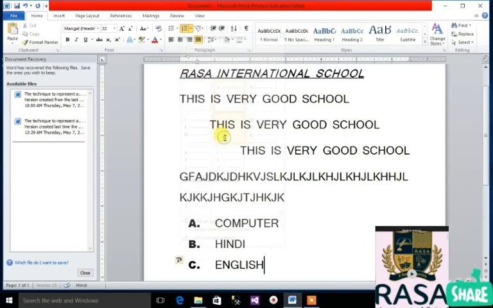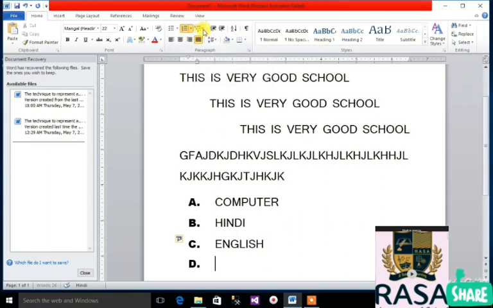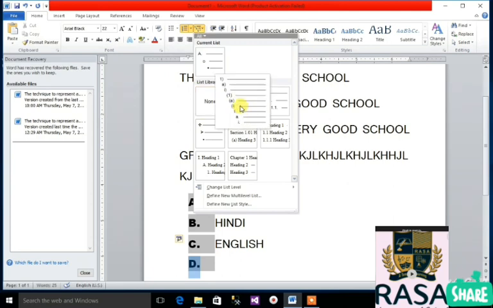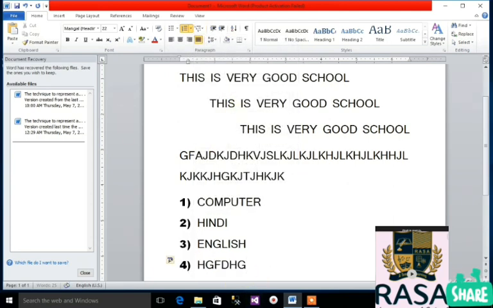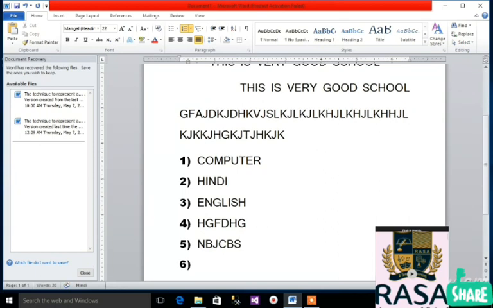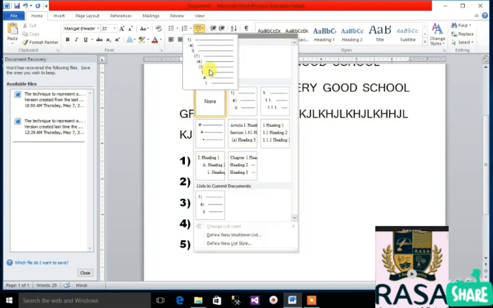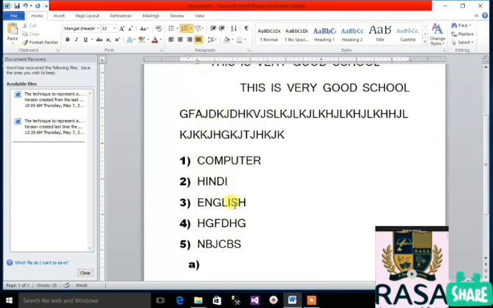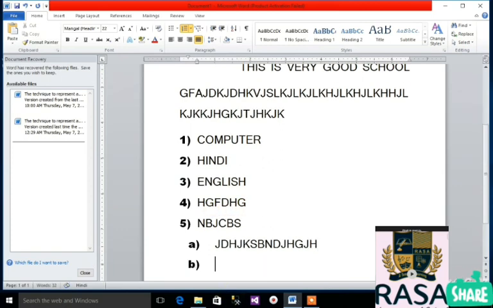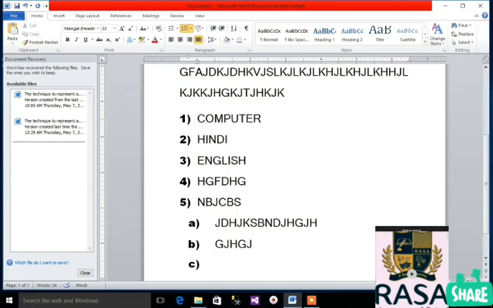You can select like ABCD, this also. You can make designs from this, like these are the designs, okay. So if you're writing something here and you are selecting this one like this, so it is like this. So now you will understand how to make this.